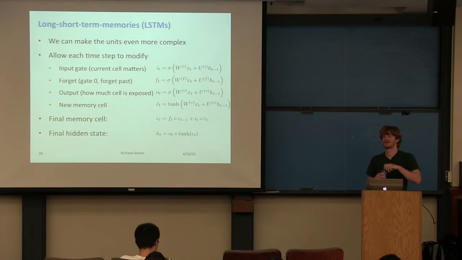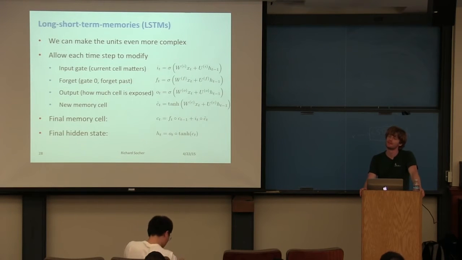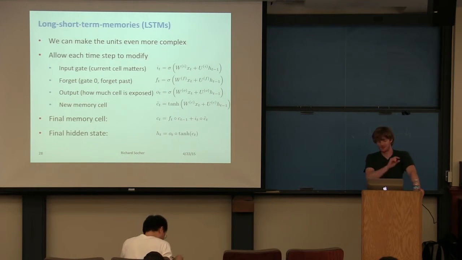Yes. So just the new memory cell. I guess more so the output, like how much of the cell is exposed. What does it mean to have a lot of information that's only exposed internally, and not a lot exposed externally? Is there an intuition for why we want that kind of thing? So one example, for instance, would be I want you to take into consideration a couple of facts